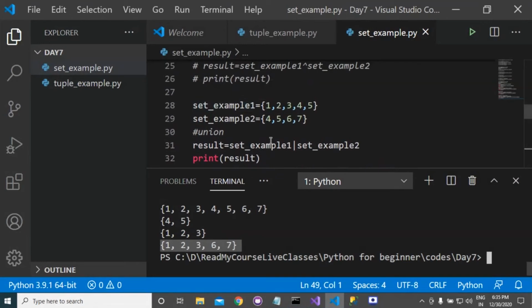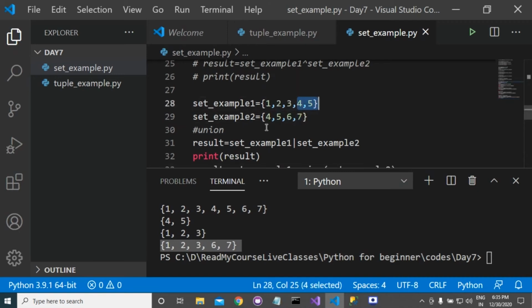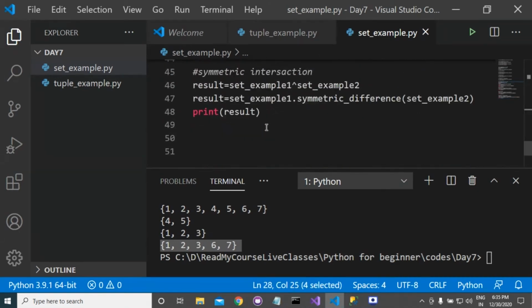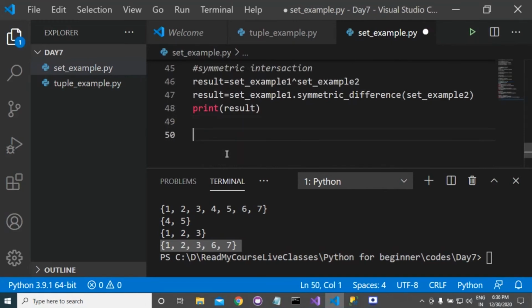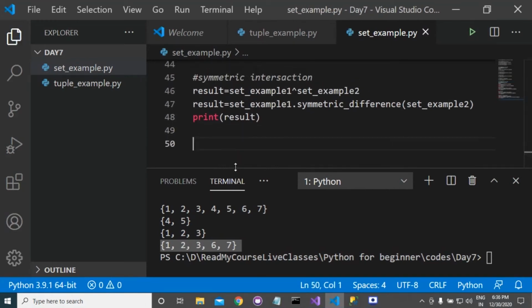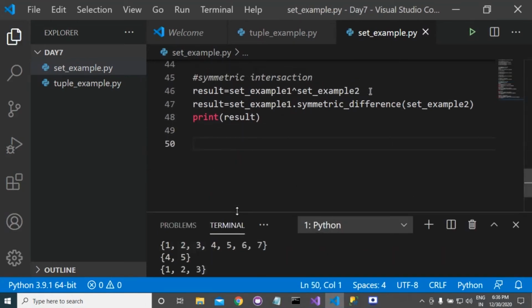So the symmetric difference will be what? 1 2 3 and 6 7, because 4 5 is present in both sets. I'm not giving you the example of this. These are easy, you can try on your own. These two are equivalent. Either you can use this symbol or you can use the method symmetric difference.